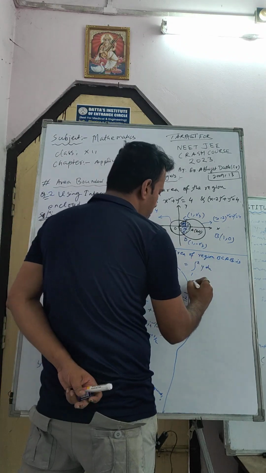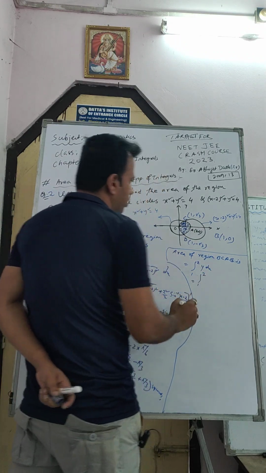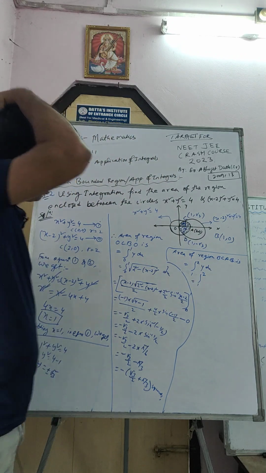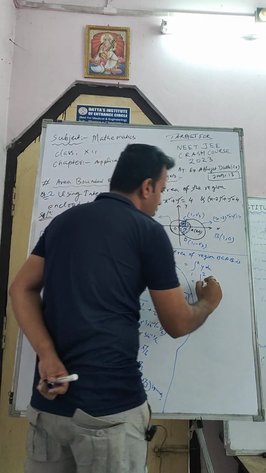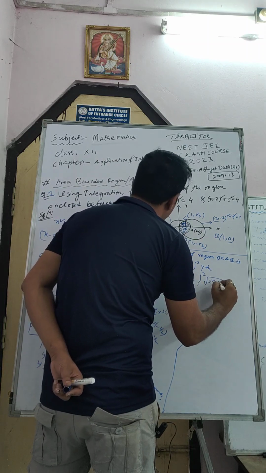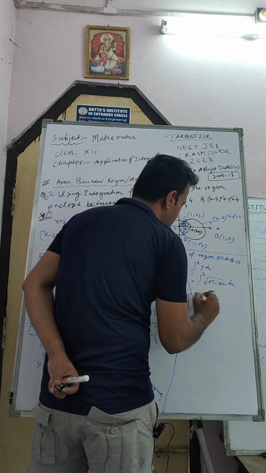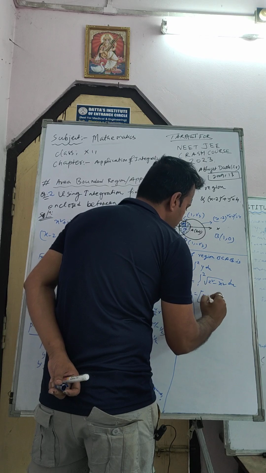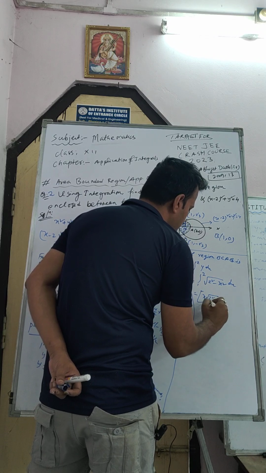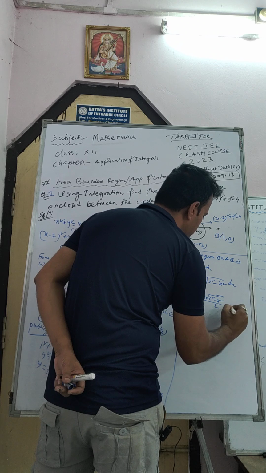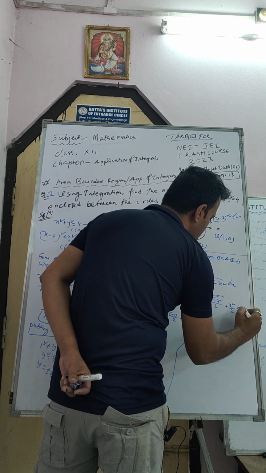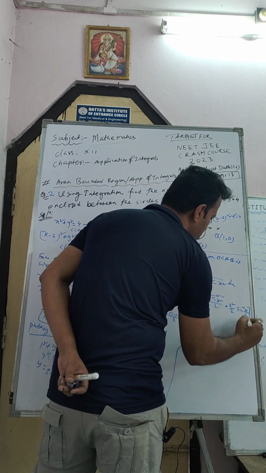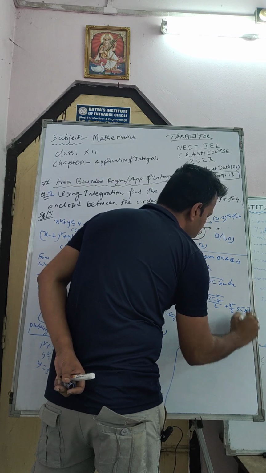Now I put the value of y here. This one is which curve? This one is this circle, so x square plus y square equal to 4. So here y will be the square root of 2 square minus x square, dx. So it will become x into root over 2 square minus x square by 2 plus 2 square by 2 into sin inverse x by a, with 1 to 2 limit.